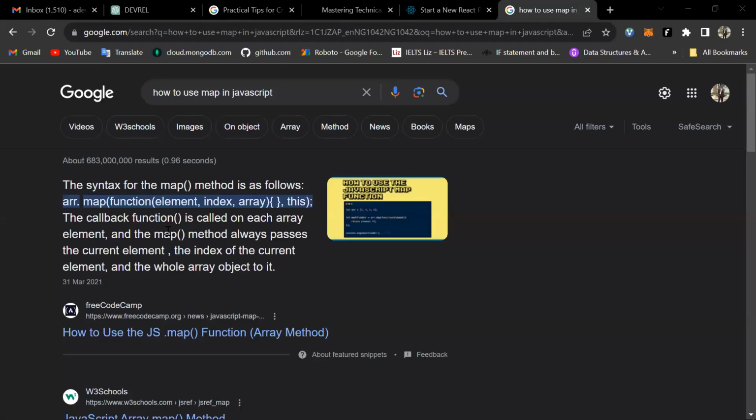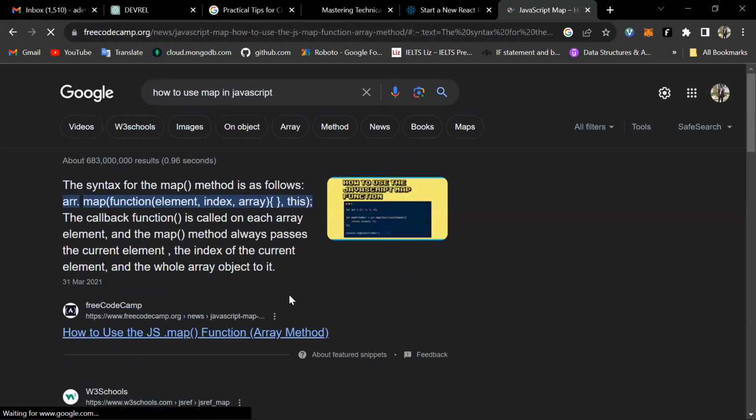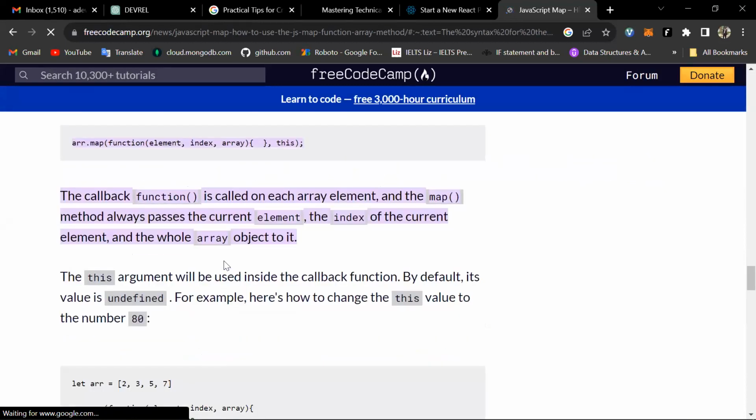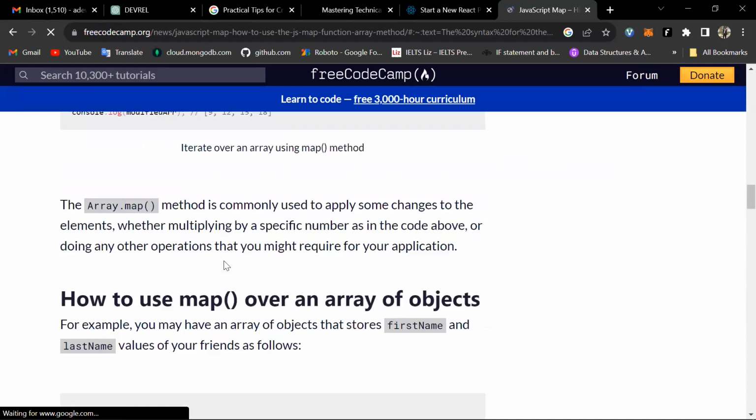Okay. I want to assume you can still see my screen. Yes. So I typed in how to use map in JavaScript, and I have different options. So let's say I click on this now, on this web page, on how to use mapping. So this is the writer, this is the person that,